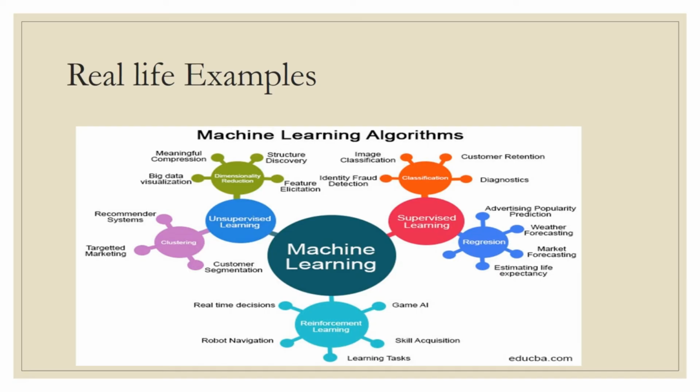Next we see is reinforcement learning. So the real life applications of reinforcement learning algorithms are robot navigation, real-time decisions, skill acquisition, learning tasks, and game AI. One of the famous examples is the Google self-driving car. This is an example of learning by doing, with rewards and punishments, improving through experience, and this just evolves over